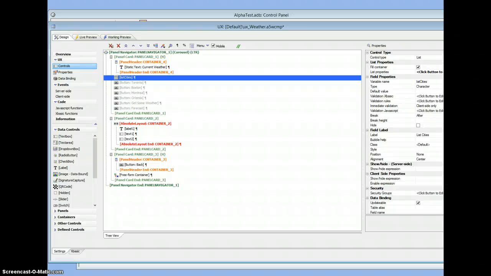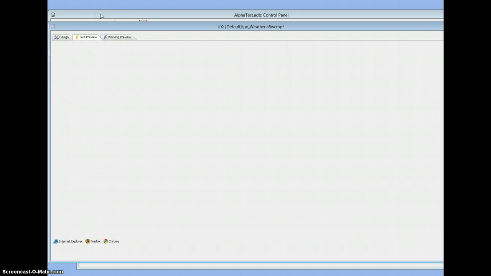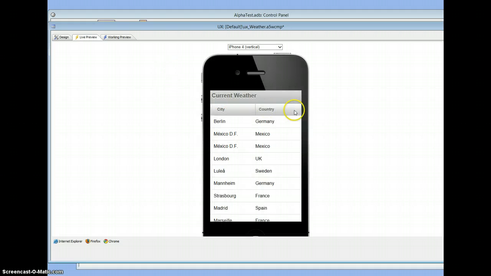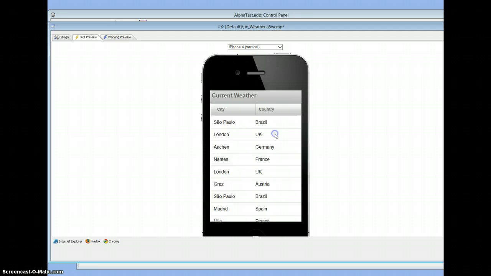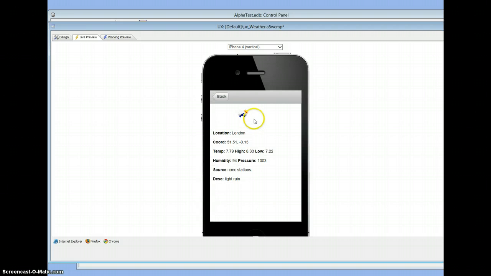There's lots of new stuff going on with the Ajax callback cross-domain abilities and client-side templates. So I'll just show this to you. It's UX, and it's using static data that's coming from one of the sample lists that Alpha provides. We can just scroll through this, and what we'll do is pick London, and then we do a cross-domain